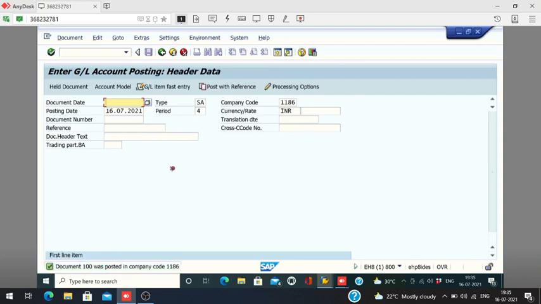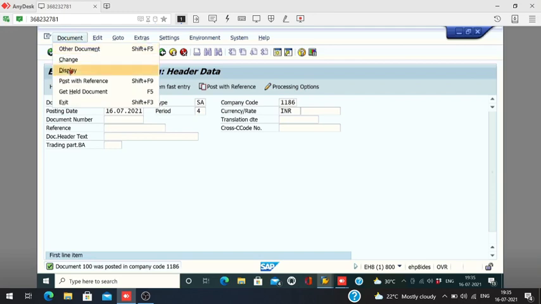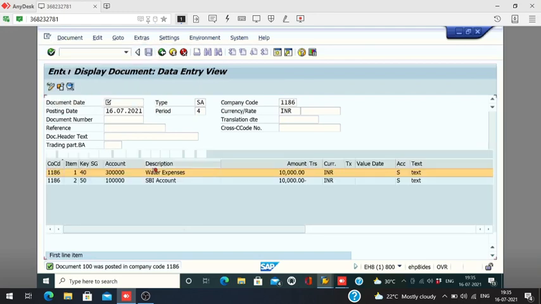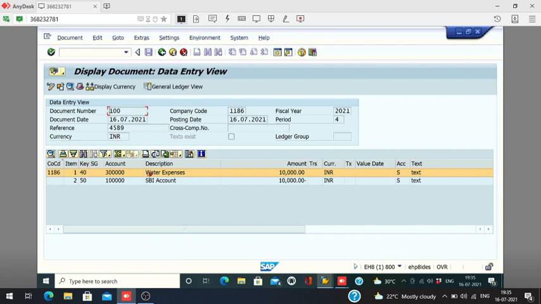See, one document posted. We are going to see this document. Click on document, display. See, this is your account entry. Expense account debit to bank account. Account entry is okay. So now see here document number is came here. Okay, and this is 1186 and posting date is this one,